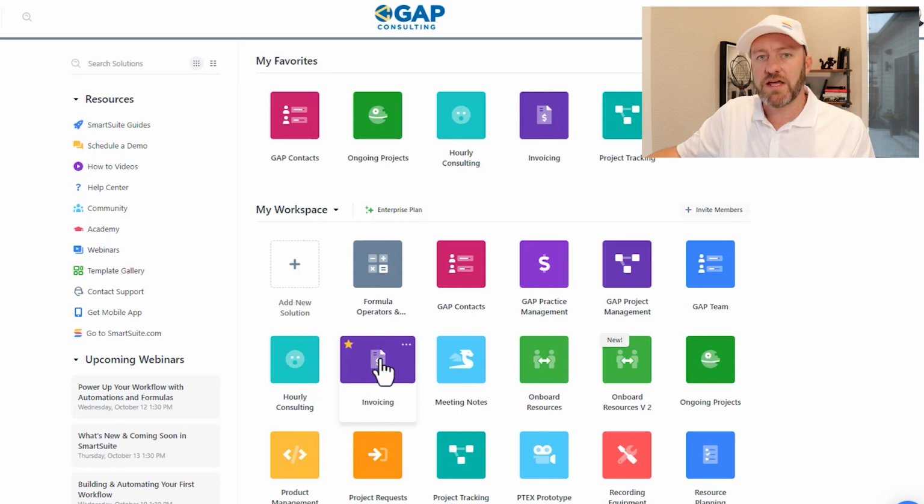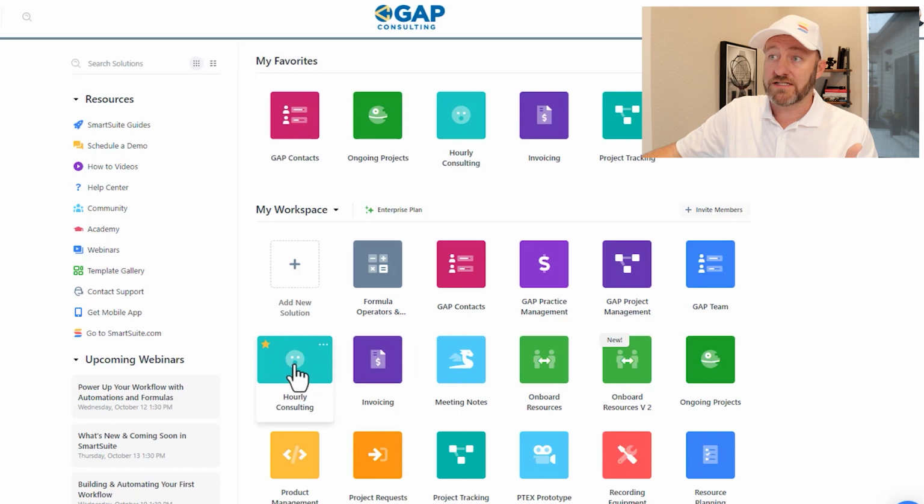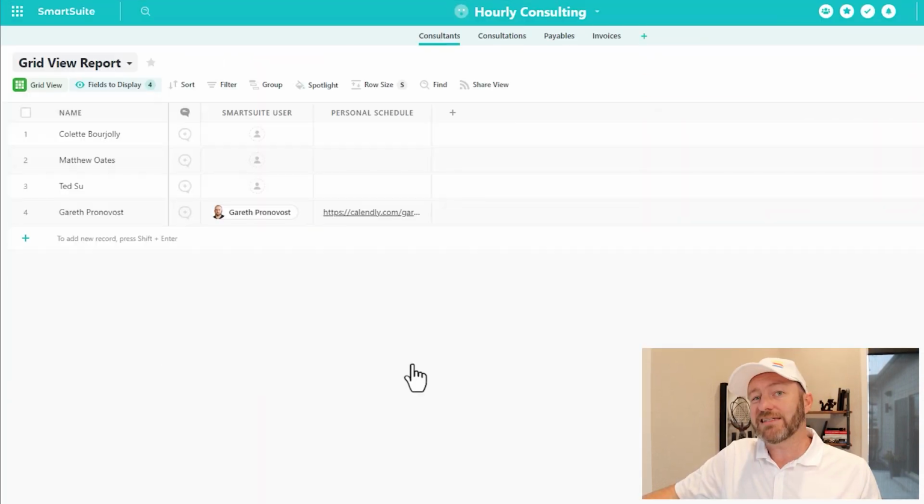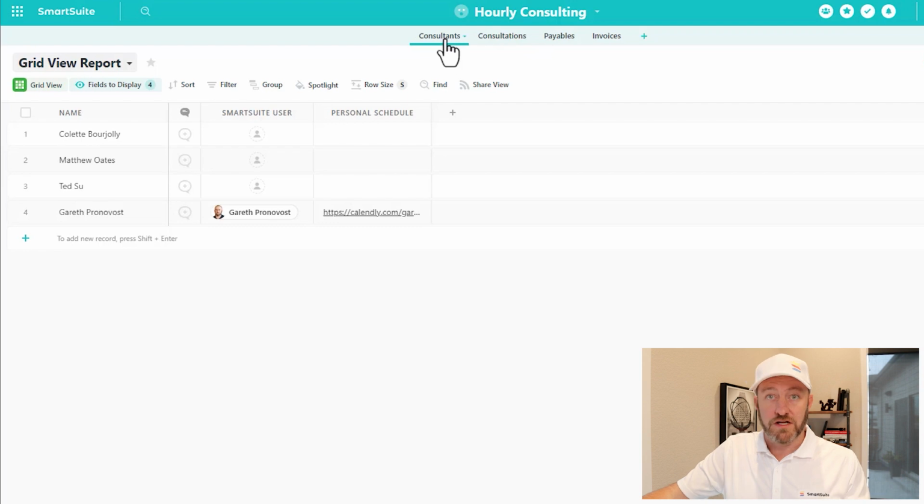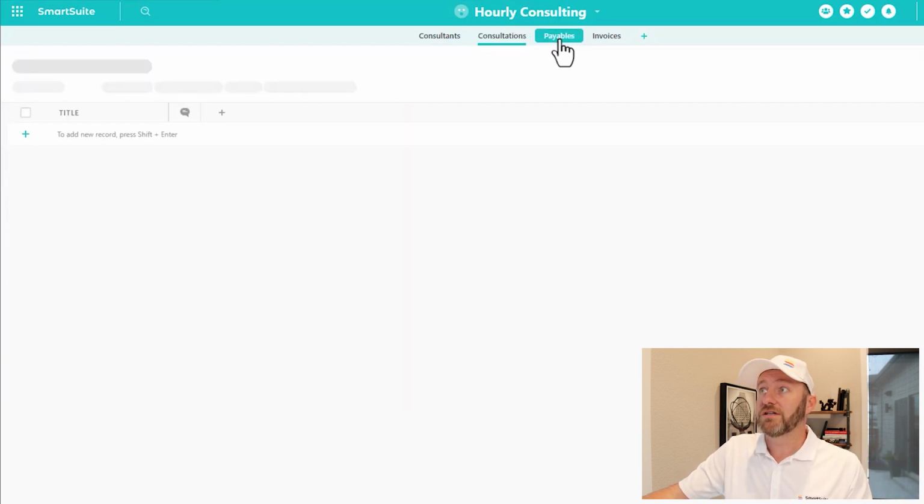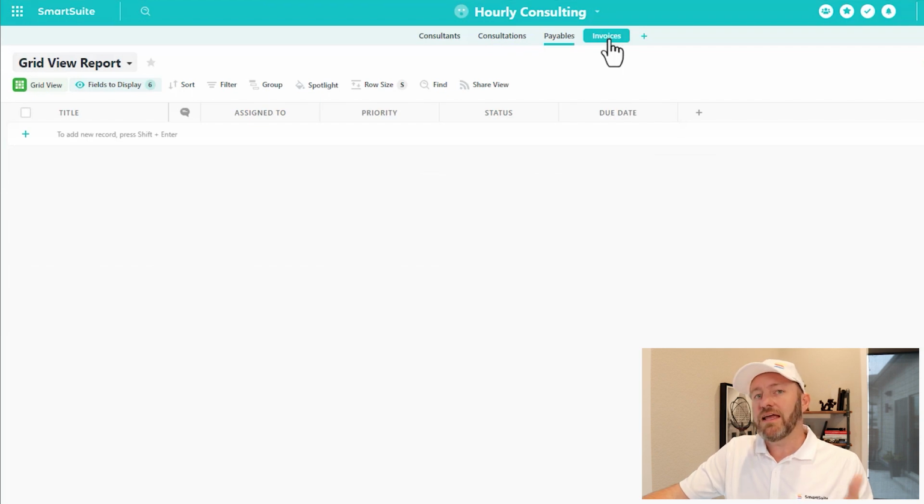A solution is merely a collection of apps. So if we drill into a particular solution, let's say hourly consulting, inside of this solution, we see a number of different tabs or apps inside here. Each one of these represents a collection of data inside of the tool. So for my hourly consulting solution, I have consultants that relate to consultations, then payables, and also invoices. In this particular solution, these are the 4 apps, but I can add new apps by simply creating a new